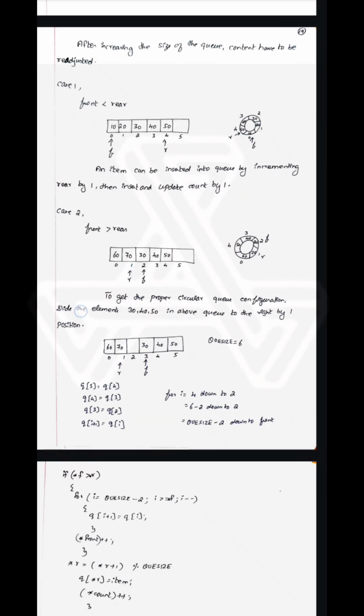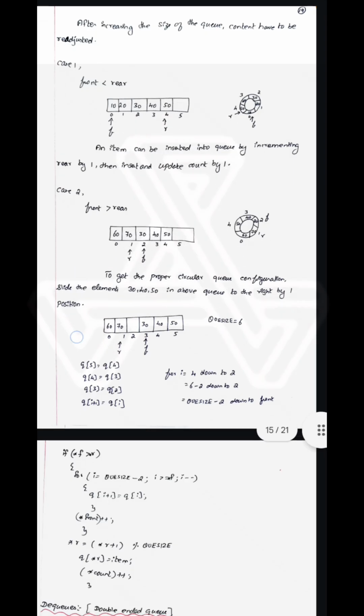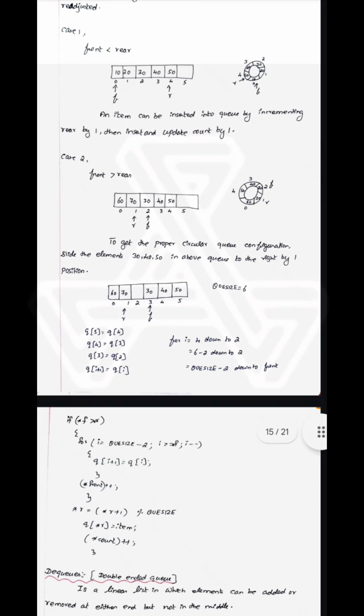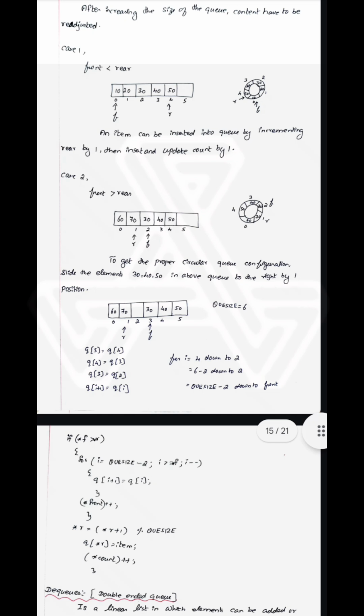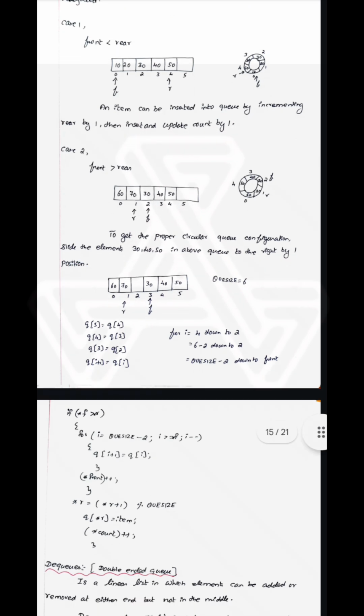An item can be inserted into the queue by incrementing rear by 1, then inserting and updating count by 1. Case 2: if front is less than rear, then increment the rear position by 1. If front is greater than rear,